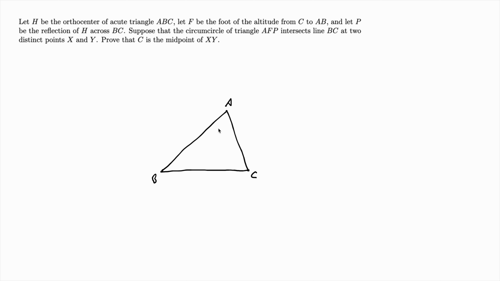I think I found it. It's a right angle. And let P be the... so we actually do need to draw the orthocenter. So this point is H, and P is the reflection of H over BC. Suppose the circumcircle of triangle AFP